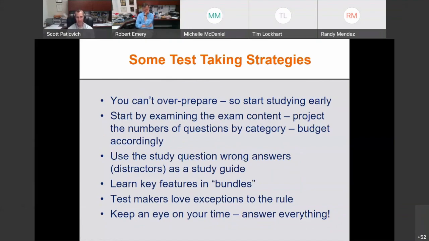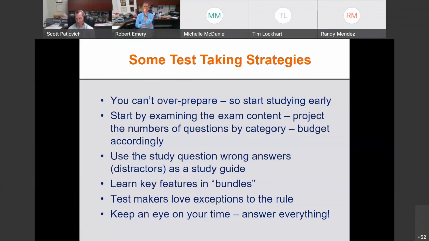Make sure you prep for the tests. There are lots of ways you can prepare for a test, and everybody has their own little tricks of the trade. We've all been through many years of school at this point. Just think about what's the best way for you to study. Sometimes you can overwhelm yourself. Plan in advance. Don't wait till the week before the exam. Start a couple of months in advance and make sure you consider things like those distractors.